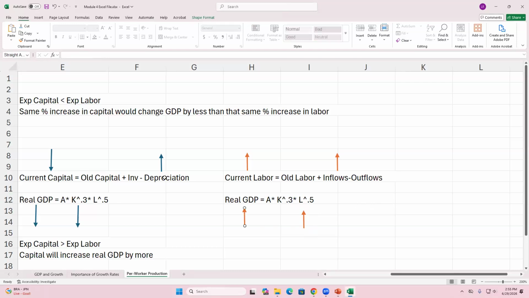So these two things have competing effects, right? Higher depreciation means that capital will go down and real GDP goes down. More employment than unemployment causes labor to go up, or the number of workers to increase, which will increase my GDP. So to kind of throw all these together,